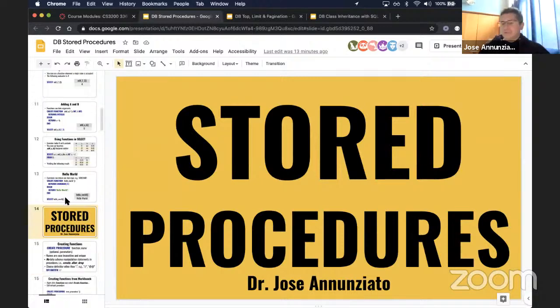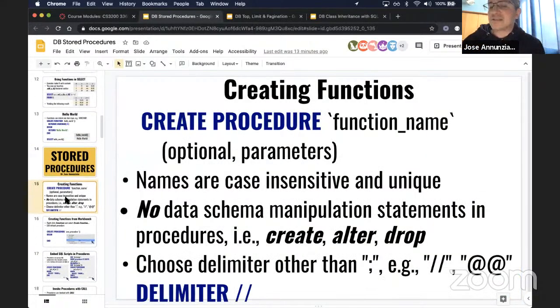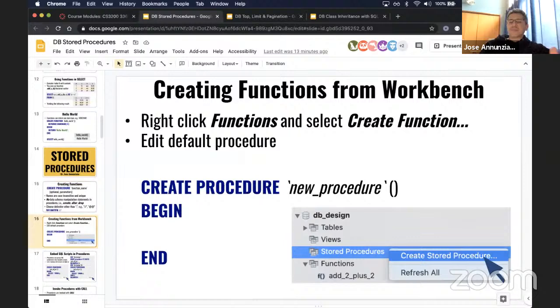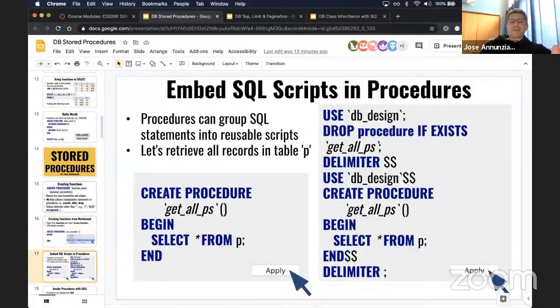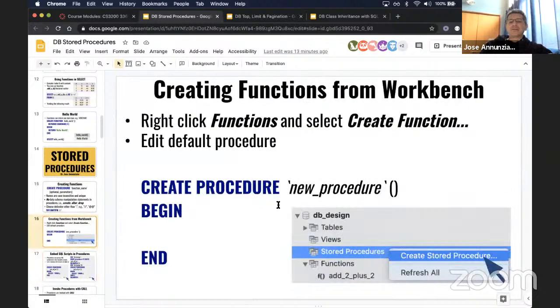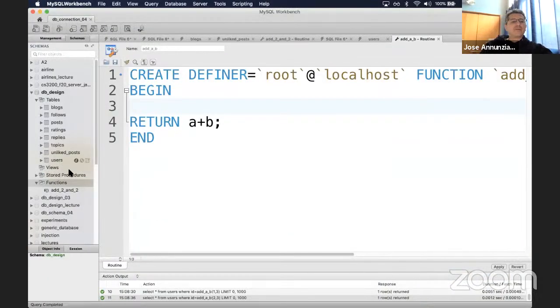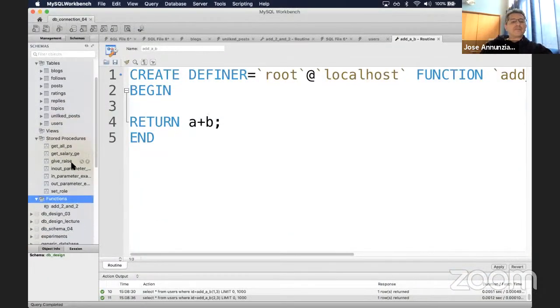Now, stored procedures are not meant to be used in select statements. Instead, they are meant to be executed from the command line, right? They are parameterized, and they're meant to iterate and do all sorts of modifications to data, insert new data. So, for instance, we'll see an example here. Let's create a procedure, and to create a procedure, you do very much like functions, but in the stored procedure section. So here I had created several procedures,